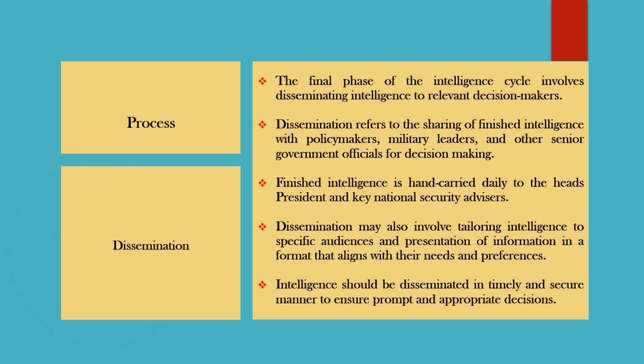For instance, the kind of intelligence information that is given to the president might not be the same that is given to, say, parastatal heads or other security agencies. It is because each state institution or agency might require certain intelligence information that is relevant to them, while others might not be. And that is why specific intelligence information is packaged in a manner that resonates with the duties and responsibilities of various officers, so that they may know the kind of intelligence information within their docket and use it to make decisions